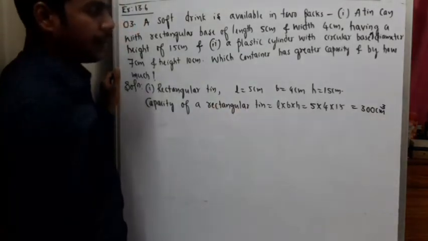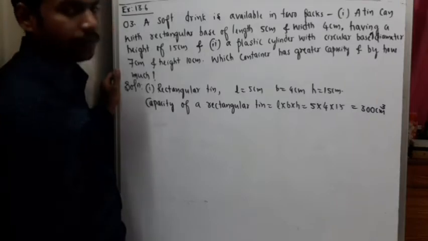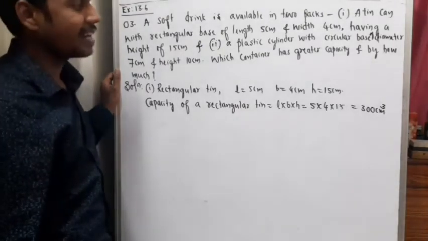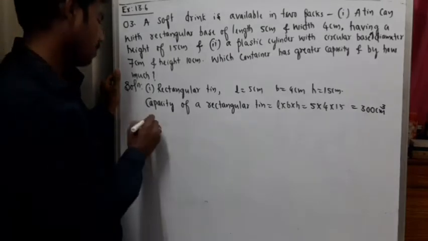So length into breadth into height is equal to 5 into 4 into 15. 5 4s are 20. 15 means 15 into 2 is 30, followed by 0, that is 300 centimeter cube is the capacity of a rectangular tin. Now what about the capacity of